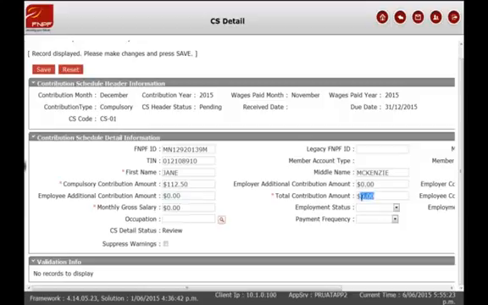Enter the total contribution amount. The total contribution must not exceed 30% of your employee's gross wages. The total monthly gross wages,